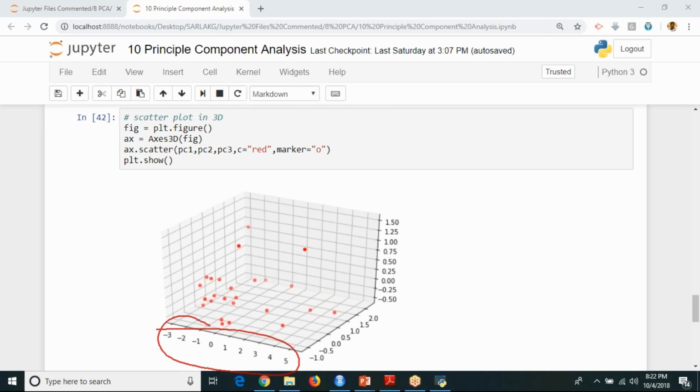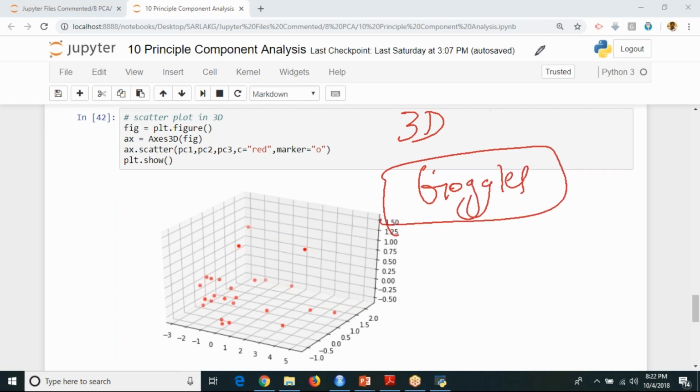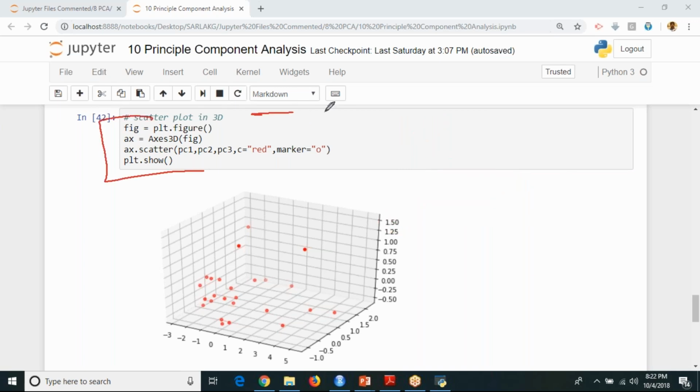So that's the reason we don't generally go for 3D plots using R or Python, because the human eye itself is not capable of visualizing 3D images. If you want to see 3D movies, generally we use special goggles for that, right? That is the reason. I am just showing you this for understanding purposes, how your 3D graphs look.